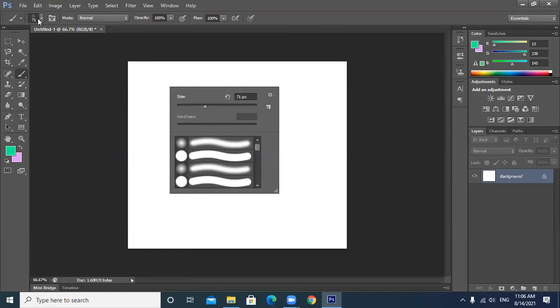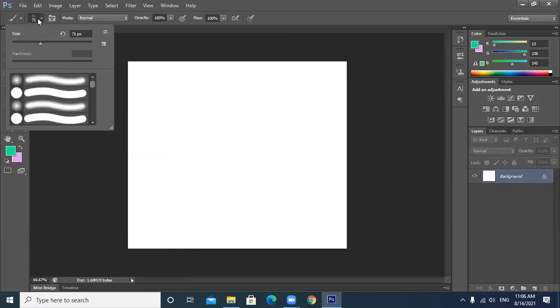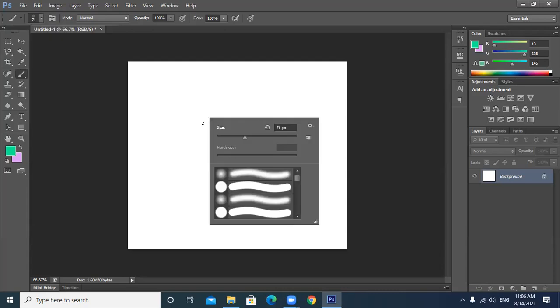One way is that you directly click here to open it by right clicking on it, or directly on the canvas also you can right click. If I right click on the canvas, again this brush box will open from where you can set the size and you can choose the strokes. So simply you have to choose the brush here. You can set the size from here or by using the shortcut key, that is left square bracket or right square bracket. Then from here you can set the hardness of the brush, how hard you want to keep it.